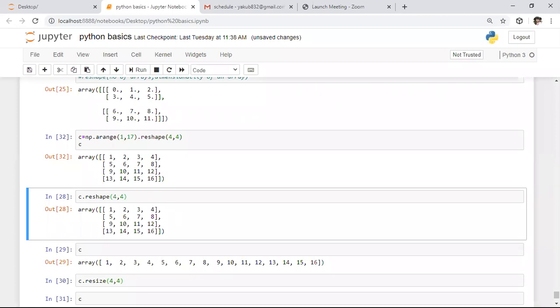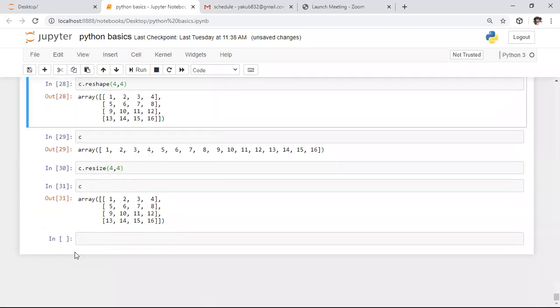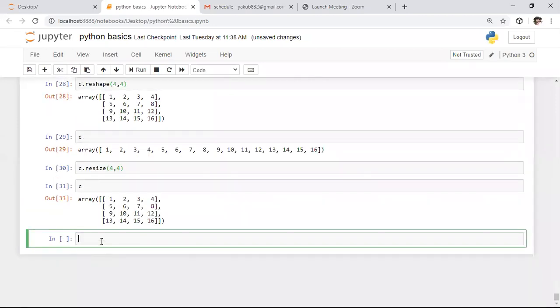After this arange function, we have the linspace function also. We will see the syntax of the linspace function initially. In this linspace function, we first need to specify the starting value, and after the starting value we need to specify the ending value. After the ending value, we need to specify the number of intervals. So here is the syntax of the linspace function. It is similar to the arange function as well as the range function.